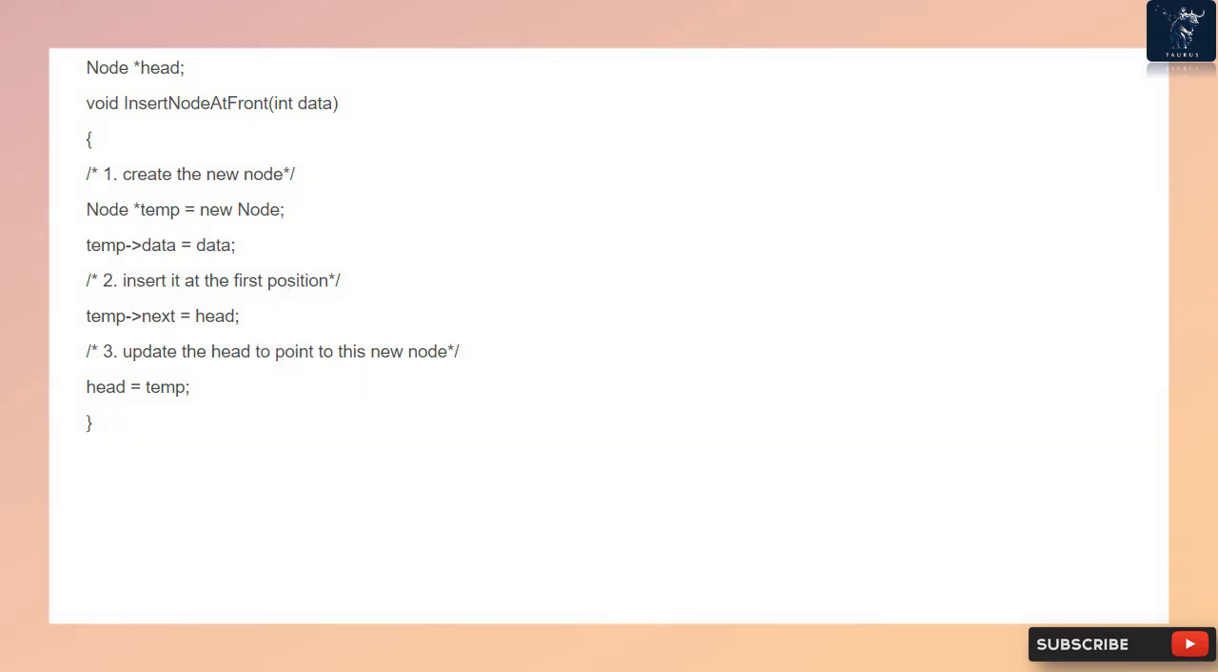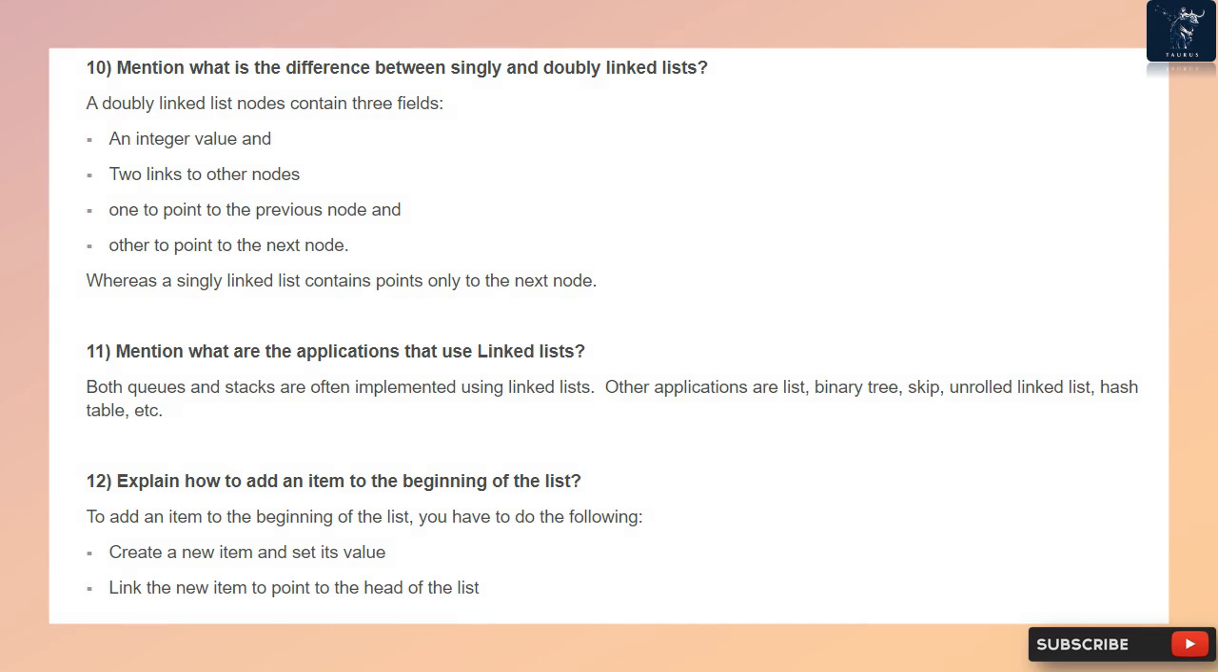Node *head; void insertNodeAtFront(int data) { /* 1. Create the new node */ Node *temp = new Node; temp->data = data; /* 2. Insert it at the first position */ temp->next = head; /* 3. Update the head to point to this new node */ head = temp; }